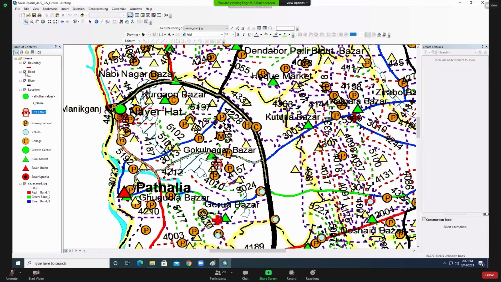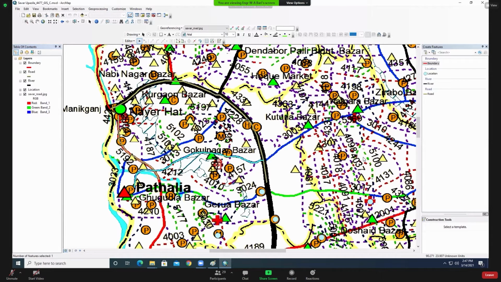Look, this is one road, this is another road, and this is another road. So here are 3 categories of road with one color. How to change it?